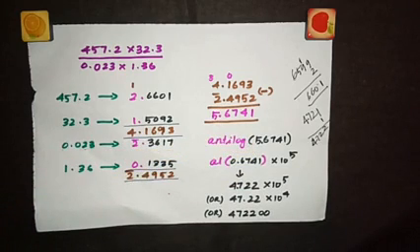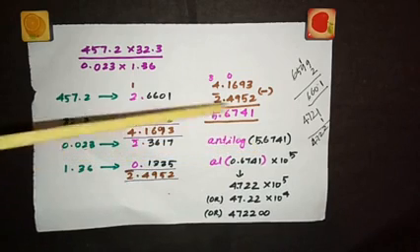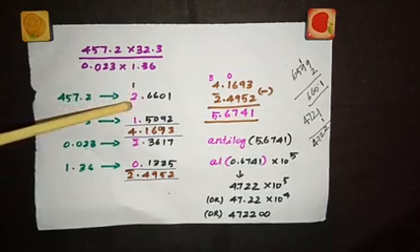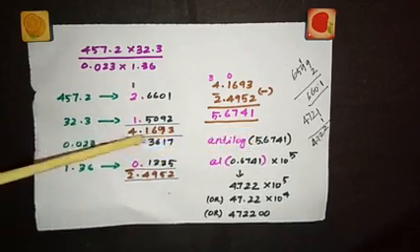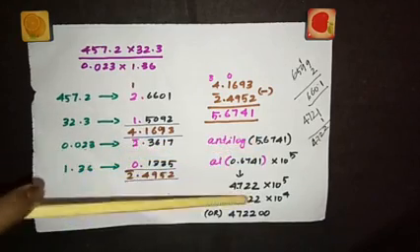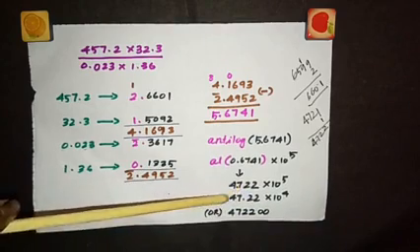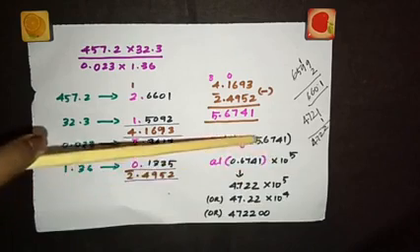Again, get back to log. When will you write this 5 here? When you have 6 digits before the decimal. See, when you have 3 digits here, you write 2. When you have 2 digits, you write 1. When will you write 5 here? When you have 6 digits. So this can also be the answer, 472200. We have just 4722. You can add 2 more zeros to bring it to this value.